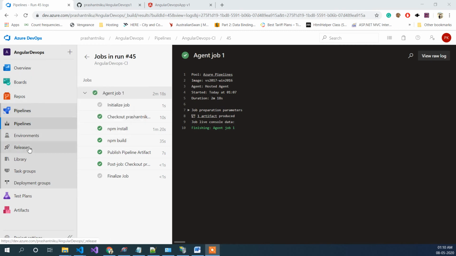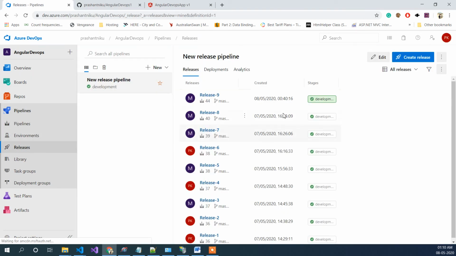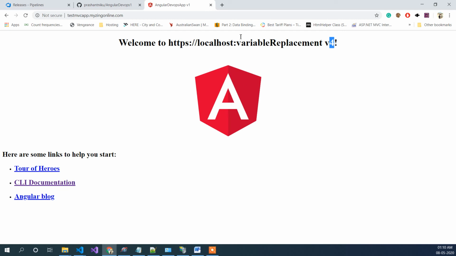And let's just go to the release, and I think yes, this release started. So let's see once again. It's showing replacement v4. Now it should get replaced by v5.